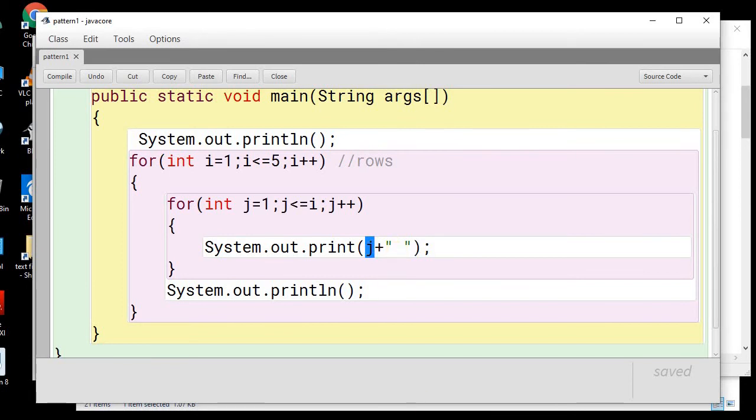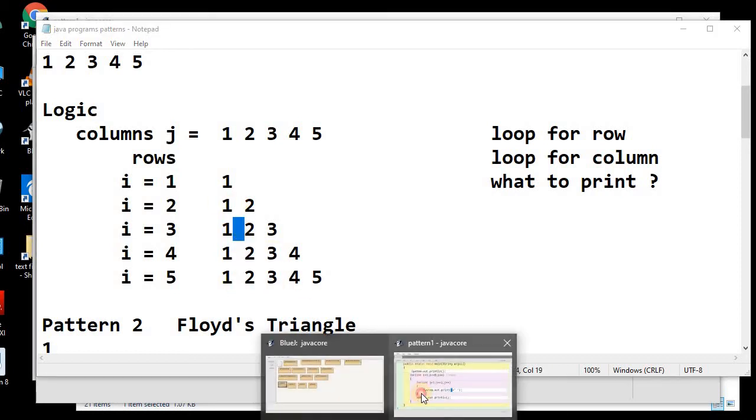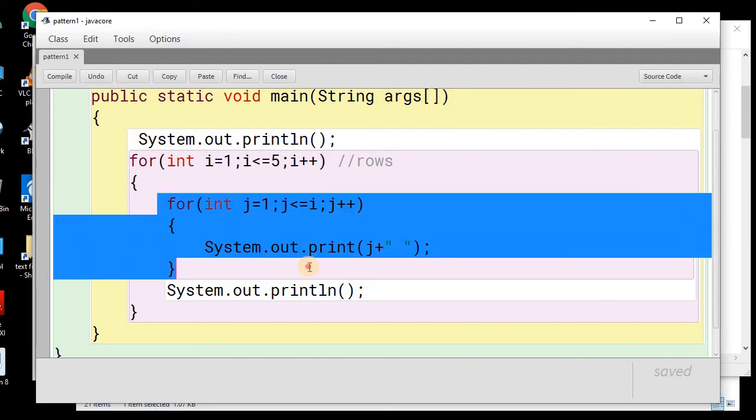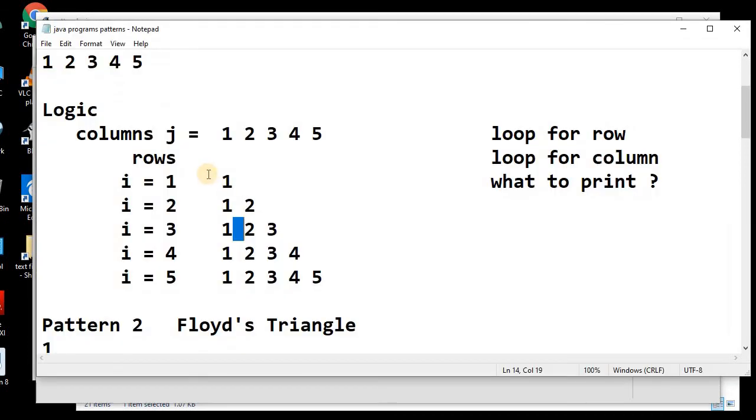What we need to print, remember we had identified that we need to print the variable j, and I have given a space just to make it more readable, so that you have a space in between two values, and it will look good. And once we have completed our inner loop, we need to change the line, because just by this loop we have printed 1 row, and now to move to the next row we need to change the line. We can do this just by using System.out.println with empty parameters. So this will change the row. So for the first row, once this value is printed, System.out.println will be executed and will move to the next row.